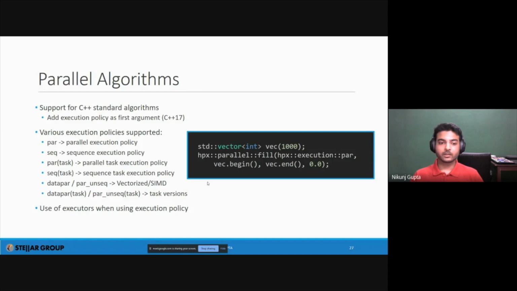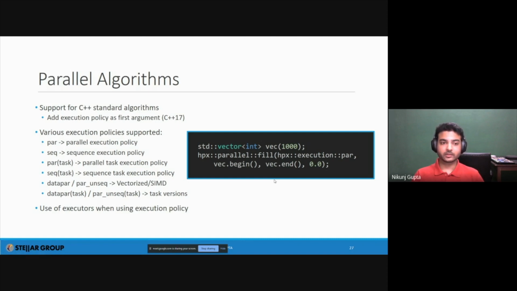But again, these are advanced, and let's not talk about that right now. The key important execution policies are par, seq, par task and seq task. And we also use executors when using execution policies.